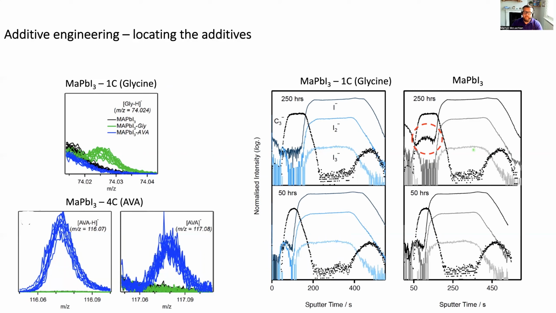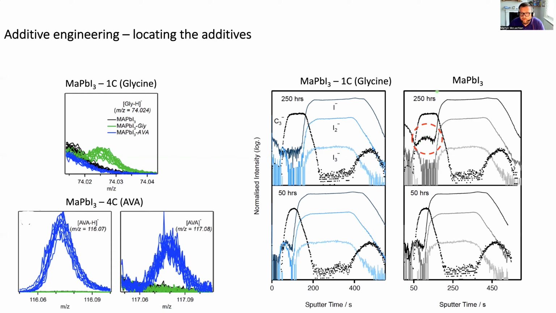So here we have 2 sets of devices, additive free and those containing glycine. Again, we're looking now at dynamic SIMS, so we're depth profiling into the sample, and in this region here, highlighted by the circle, this is us moving through the PCBM, our electron transport layer, which is fullerene, so carbon rich. So we see this high carbon profile, which we'd anticipate, but here we see this rather large increase in iodide